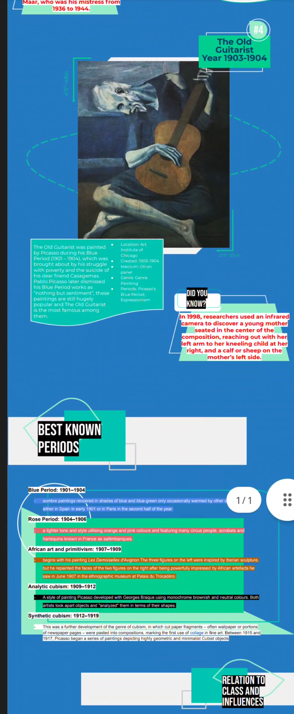And finally, at number 4, The Old Guitarist, which was made in 1903 to 1904. My personal favorite. It depicts an old sightless man, feeble and vulnerable, latching onto his guitar. This creation was said to be brought upon the poverty and struggle after his friend Casagemas' death. Belonged to his best-known periods, often like many artists, Picasso used color to reflect his emotions, directing in for deeper